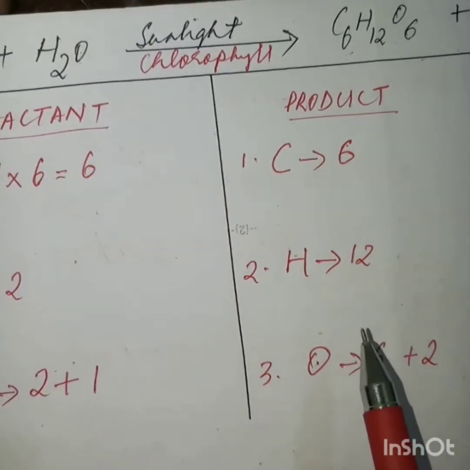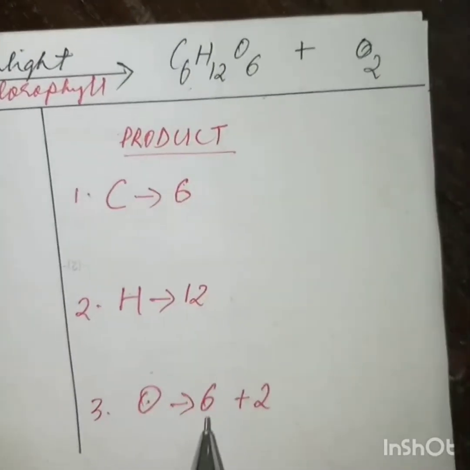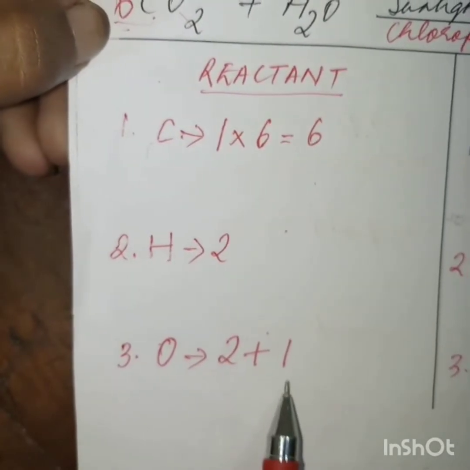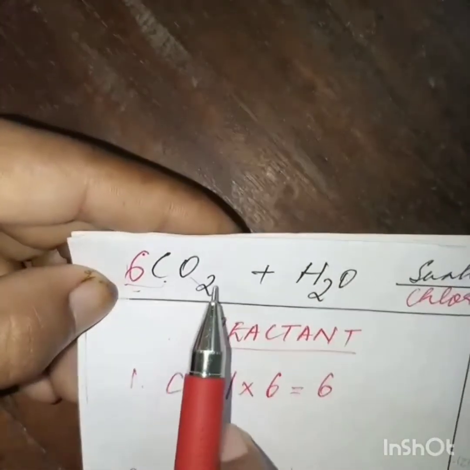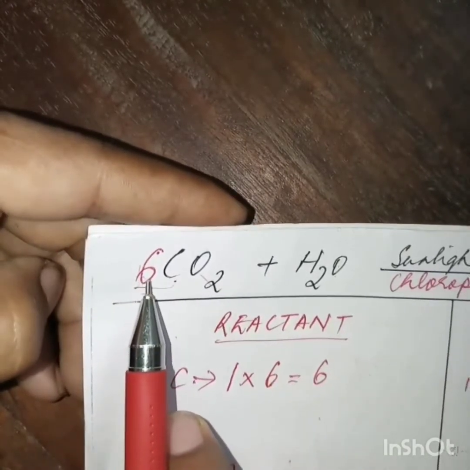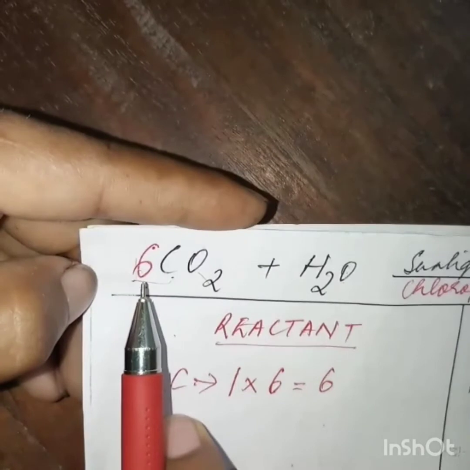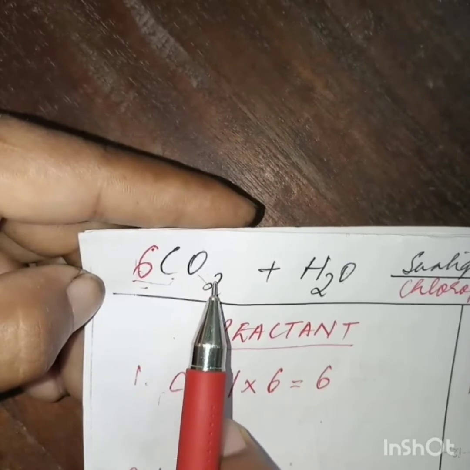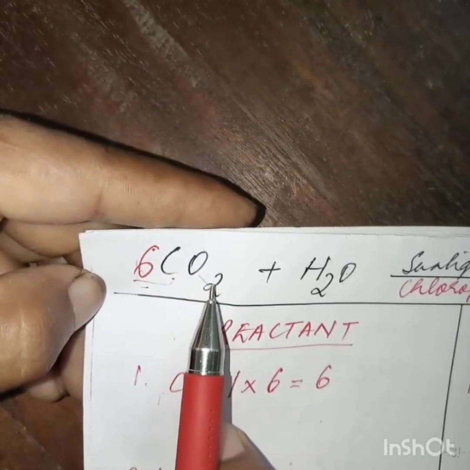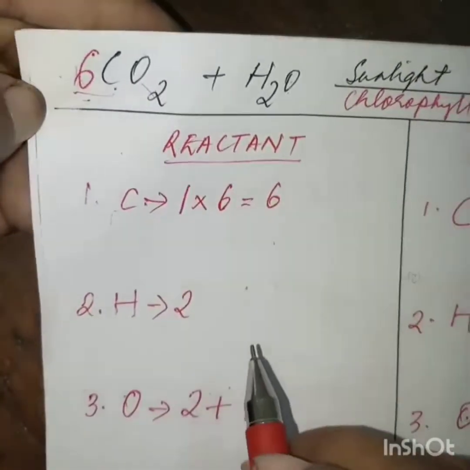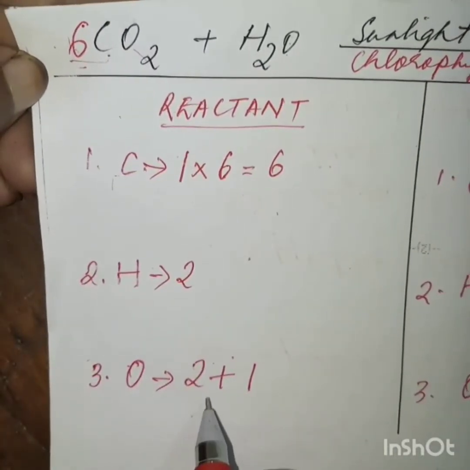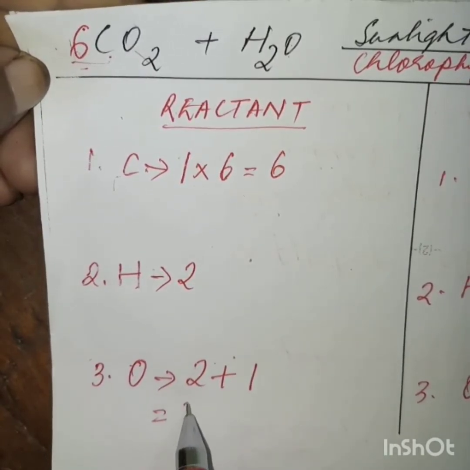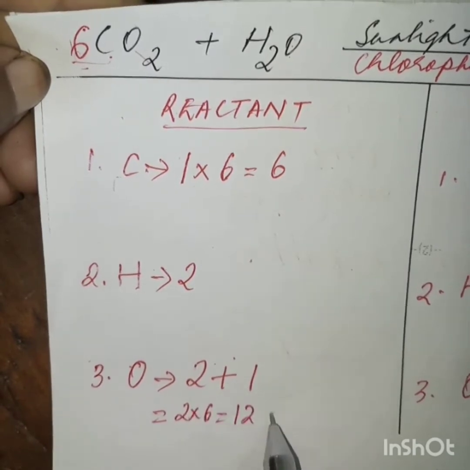Now let's balance. Here how many do we have? 6, 7, 8. On the left hand side we have only 3. Now if you look in the equation, since we have added up the number of oxygen, the number of atoms has added up 6, so now the molecule has changed to an even number of oxygen. So now we have to multiply 2 into 6, it is 12. Now it is not 2 anymore, but 2 into 6 is equal to 12 plus 1.